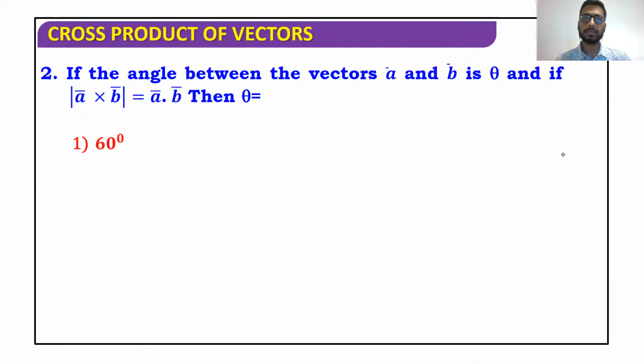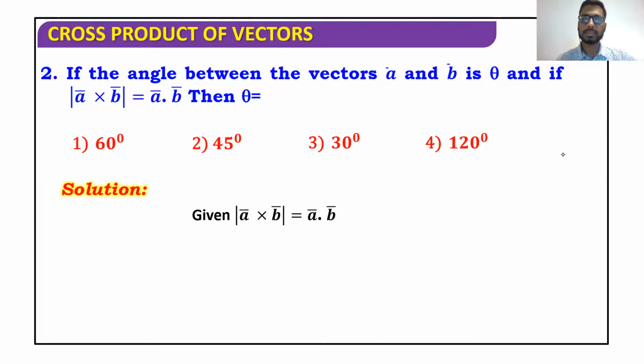This comes because when you take the square of a cross b, the formula for a cross b is ab sin theta. Therefore, a cross b the whole square is going to be a square b square sin square theta. And the dot product a bar dot b bar is ab cos theta. So if you take squares, it's going to be magnitude of a square into magnitude of b square into cos square theta. And when you add, the value of sin square theta plus cos square theta comes as 1. Therefore, the addition of squares of cross product and dot product is equal to magnitude of a square into magnitude of b square. So this is given to us.